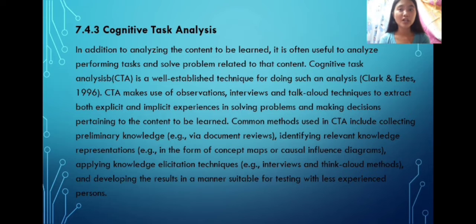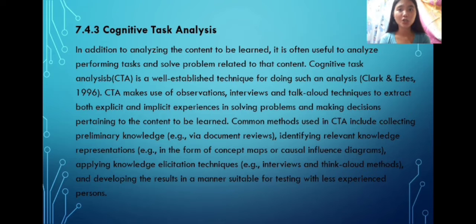CTA, which stands for Cognitive Task Analysis, makes use of observations, interviews, and talk-aloud techniques to extract both explicit and implicit experiences in solving problems and making decisions pertaining to the content to be learned.